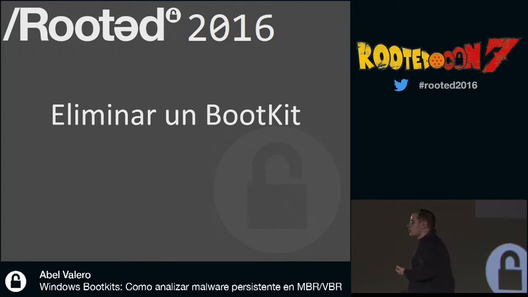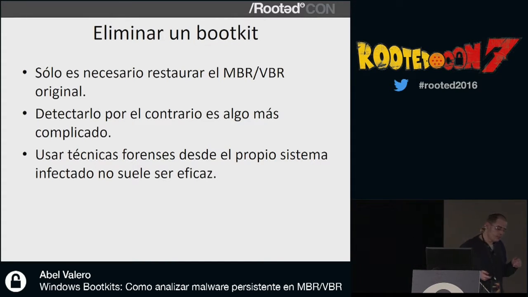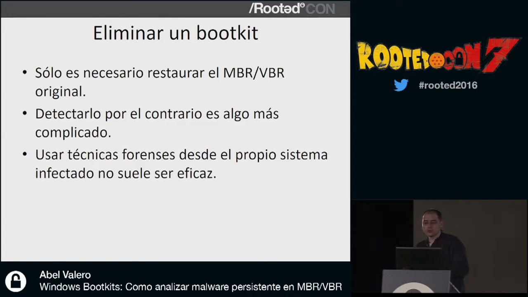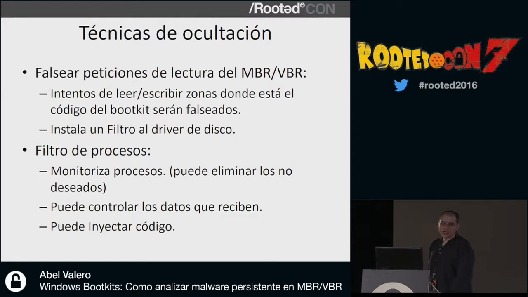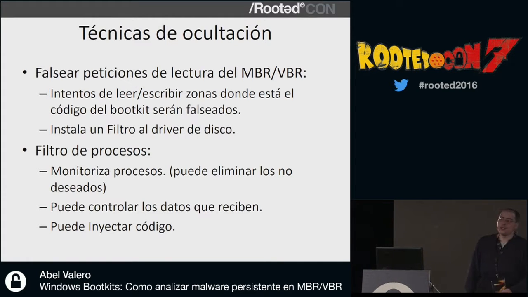After conducting the analysis, it's important for us to know how we can remove this from the operating system. For us to eliminate a bootkit is extremely easy. You restore the MBR or the VBR, and this is removed. Detecting on an infected system that you have an affected MBR and VBR is complicated because these viruses use hiding techniques that use rootkits. Rootkits falsify partitions of the system.